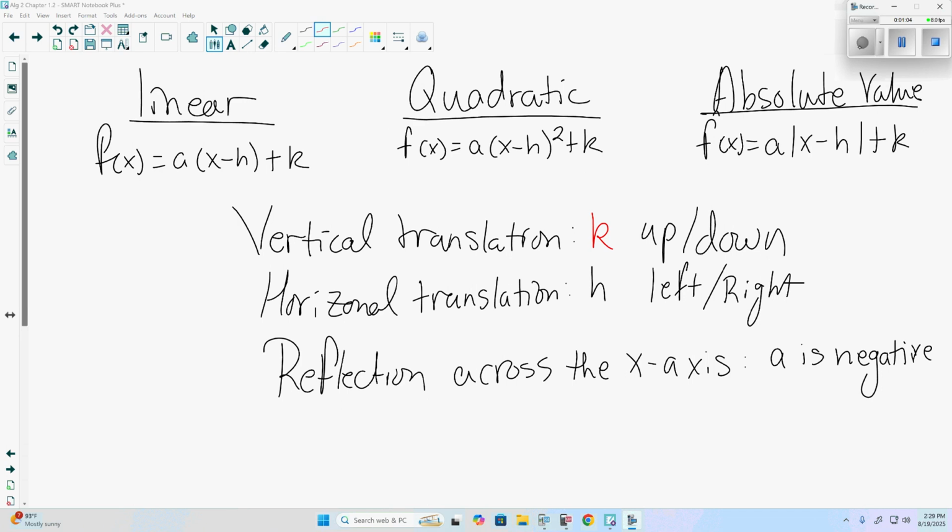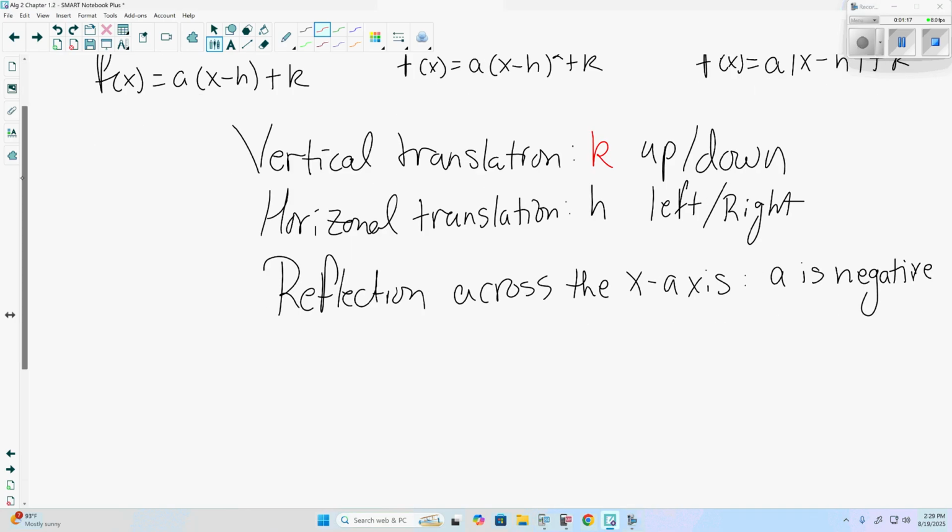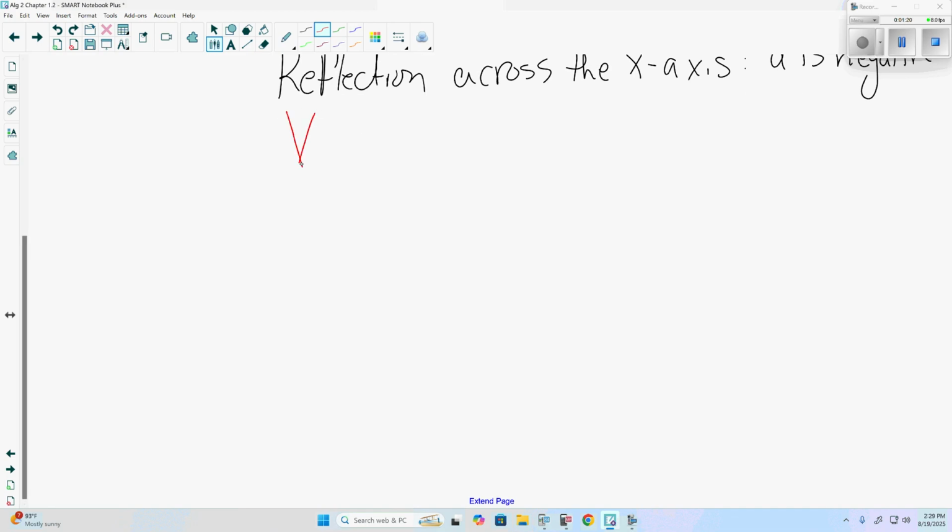A, if the value of A is negative, not so much the number, we're talking about the value. If it has a negative sign for A, it's a reflection across the x-axis. We're not looking so much at the number, but the sign of that number. And then where we ended, we didn't do any problems with it, was our vertical stretch